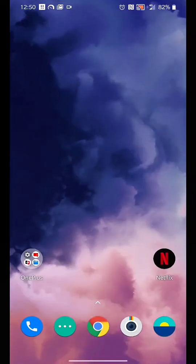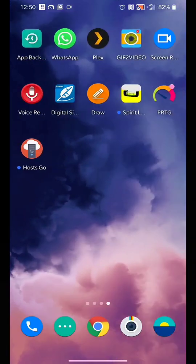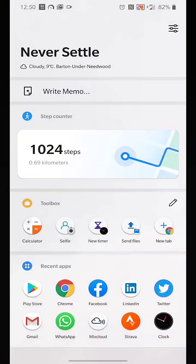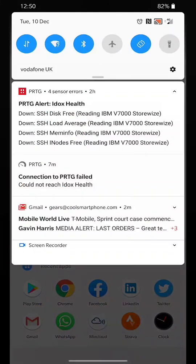The interface is nice and slick. You can see that lovely moving rear cloud there. It sort of moves around. You can see how many steps I've done, my recent apps here. I like the fact that we've got